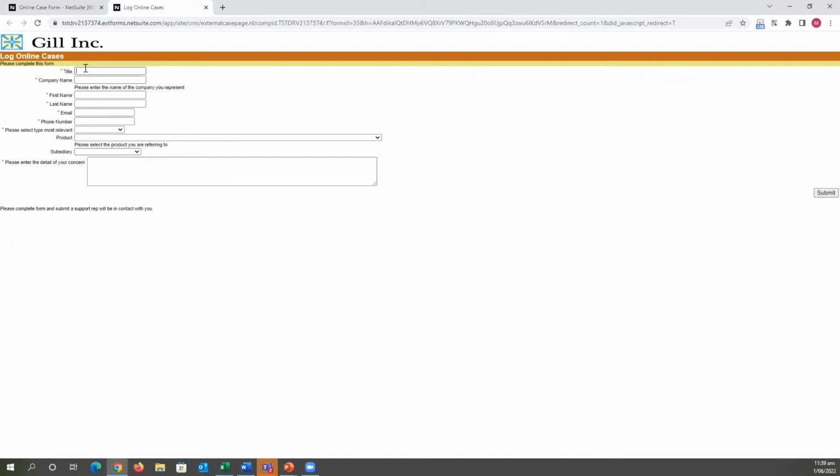So once you've actually done what you wanted, I can then test to see whether or not it is creating a case. So, give a compliment. Most relevant, I'm going to give a compliment. It's not regarding a product, so I'm not going to pull that field out. I'm just going to say that it's New Zealand. And please enter the detail of your concern. Sarah was such a delight. And then I can obviously enter most of the detail. And then once I click submit,